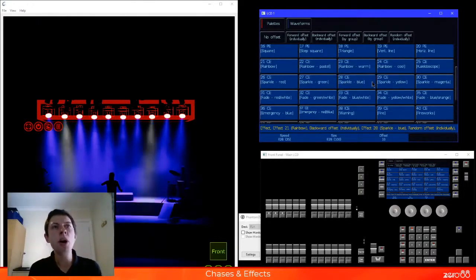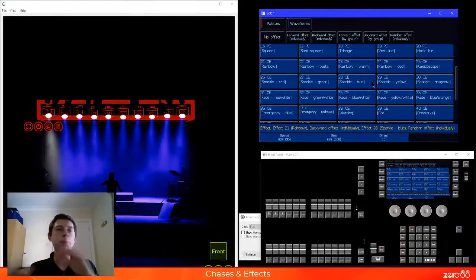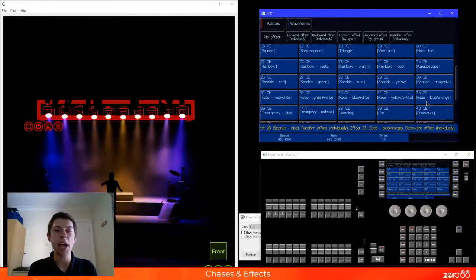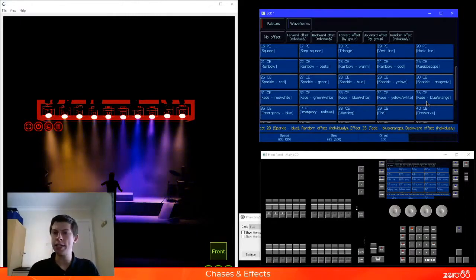So there's some really nice sparkle effects, so kind of a block colour but with pulses of white flashing over the top. There's some really nice fade effects, so a really quick option for a blue and orange ripple across your fixtures. Just loads of really nice effects in there to get you started that you can then start to adjust the speed, the size and the offset